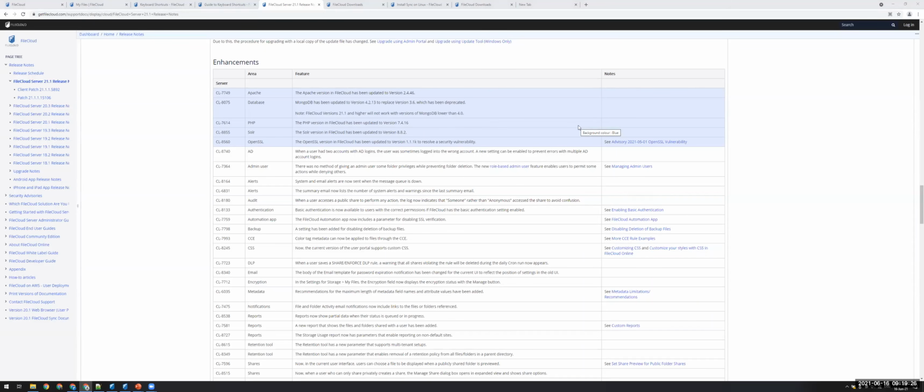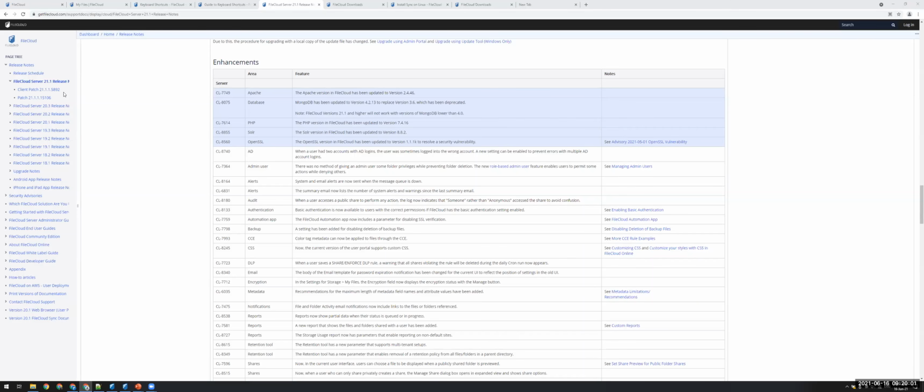Okay, so we have a question: will there be a periodic update of software components to address the component bug list, web server, etc.? Yes, there is. Even though we released FileCloud 21.1, you can see here that there's already a patch 21.1.1 available. All these upgrades are notified on the user interface. So in case you need to do that, you can do it from the user interface. I don't know if that's the exact question you're asking, but